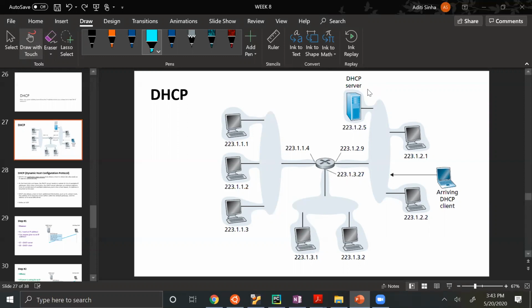DHCP servers are also responsible for keeping track of the IP addresses of new hosts that enter a network and are assigned a particular IP address. And once they leave, their IP address will be returned back to the pool of available IP addresses. So the DHCP server keeps track of all of that.